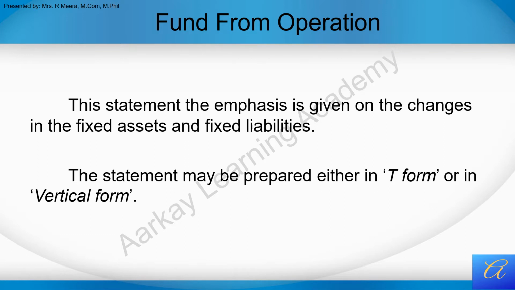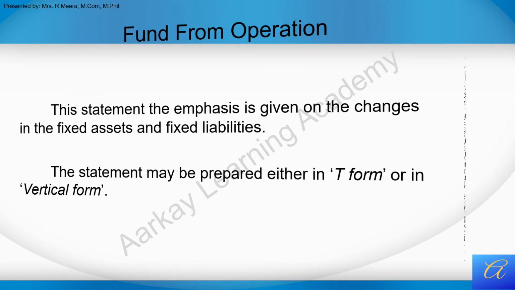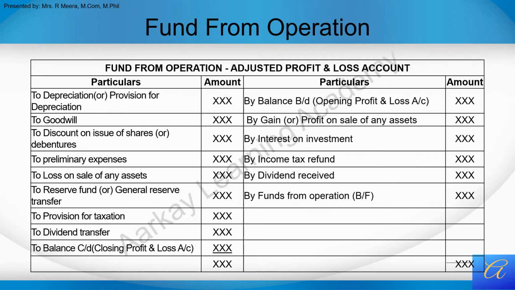So we must minus these incomes and add back all the expenses which are not related to the operations to arrive at the funds from operations. Now this funds from operations can be prepared in two methods, as shown in this slide: the T format, like our profit and loss appropriation account,